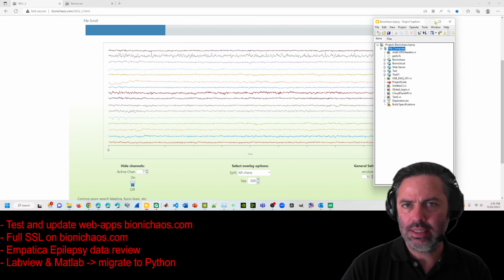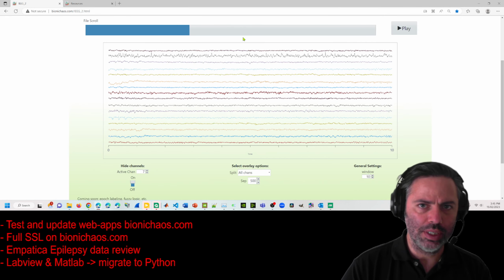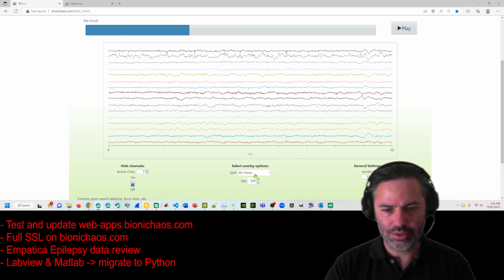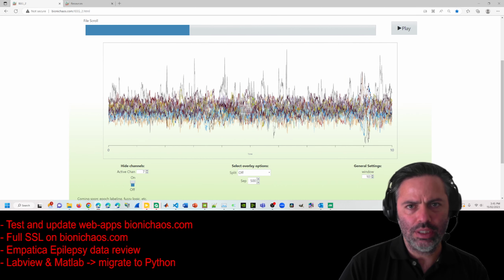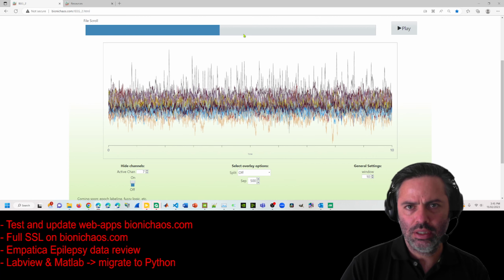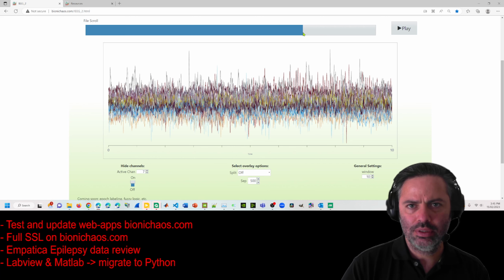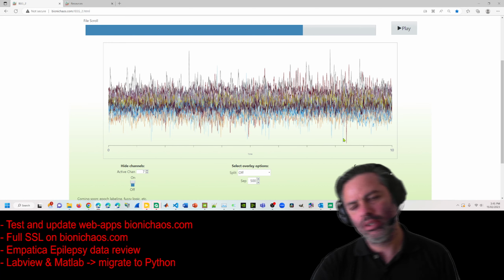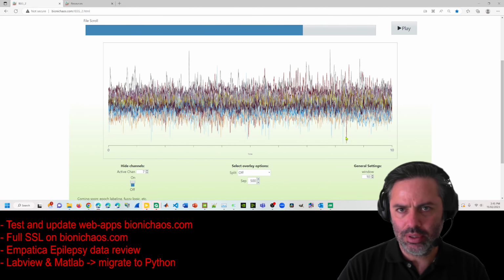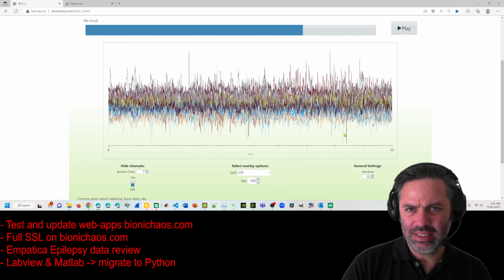So yes, it's case by case basis. I wouldn't say one way is necessarily better than other, but overall execution makes a lot of difference. So in this case, you can just overlay all of them, so that's kind of handy to see the difference between channels. You can see one is normally a bit noisier than the others. You can see spikes, and whether they are synchronized in time or not. So here we see some delay. It's like 100 to 200 millisecond delay between these two spikes. They are small anyway, so probably within a noise margin anyway.